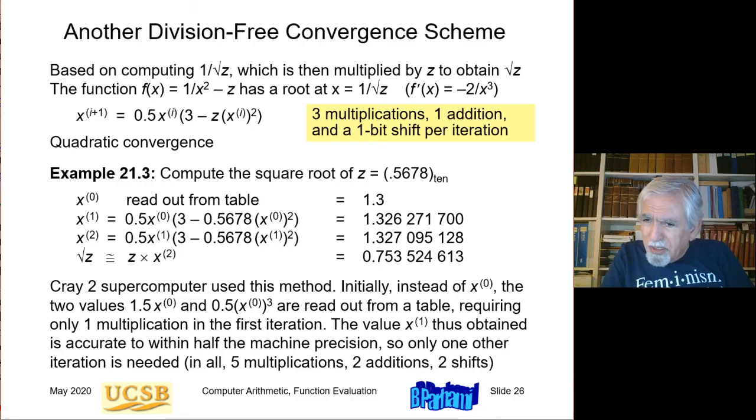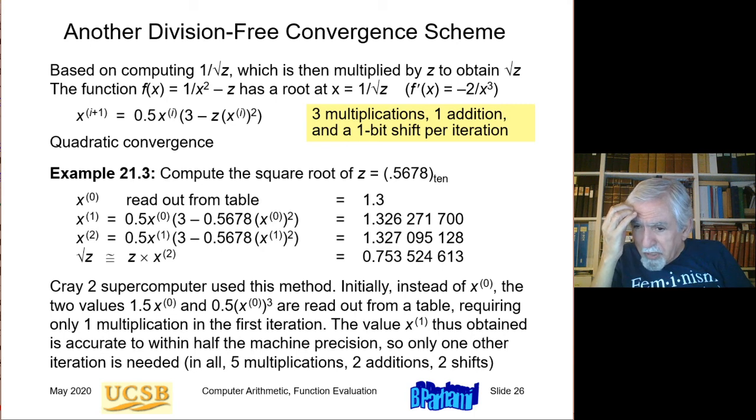Addition is typically faster, so that's why it says just one multiplication. The value x1 obtained from this table lookup, one multiplication and one addition is already accurate to within half